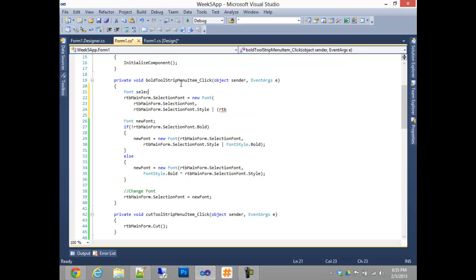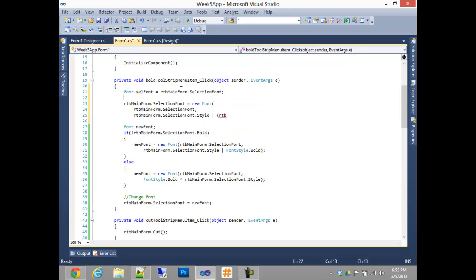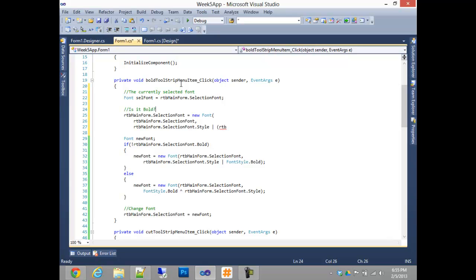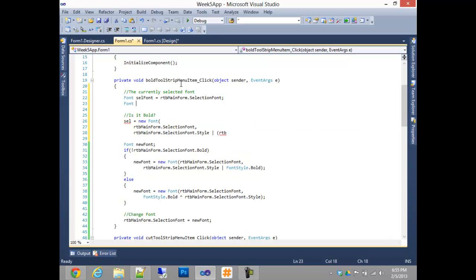Font SEL font equals RTB main form selection font. Okay. So we'll call font new font, and we'll say new font equals SEL font, currently selected font, and then we'll say SEL font